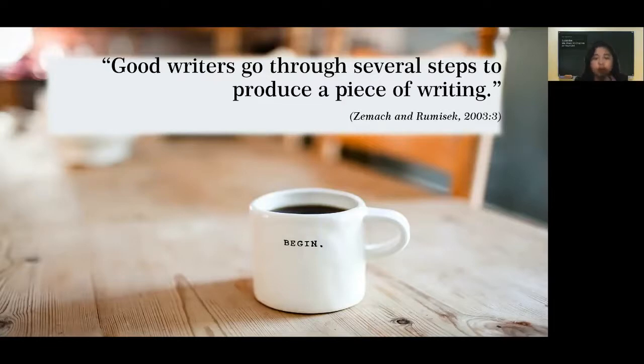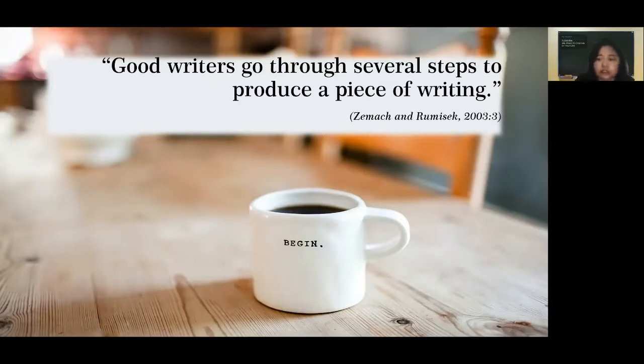You need to write, then revise, rewrite it once again, and edit until you feel that your sentences support the topic you want to talk about in your paragraph or writing. If you write something at once or do not pass several steps to produce a piece of writing, stop there.